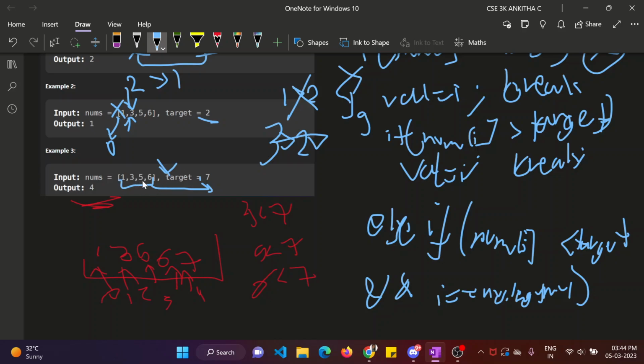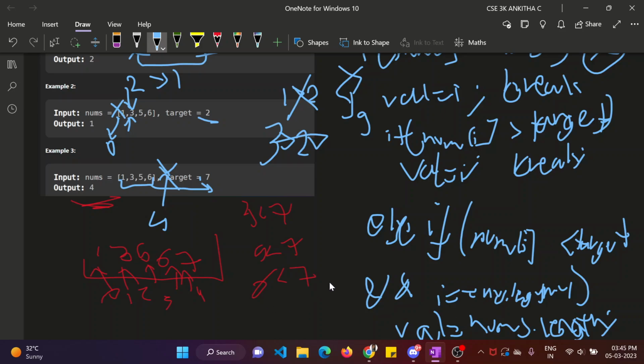So 0, 1, 2, 3, 4 is the index position. 4 is nothing but, if you observe, nums.length of the array. So that will be equal to nums.length. Or you could write i plus 1 as well. So we shall stick to this itself. So as I said, these two conditions you will combine: if nums of i greater than or equal to target, and for lesser than or equal to target with i equal to the end of the array, you follow